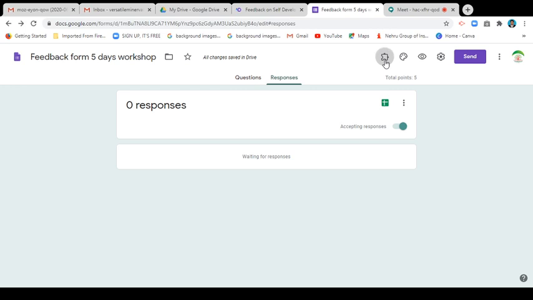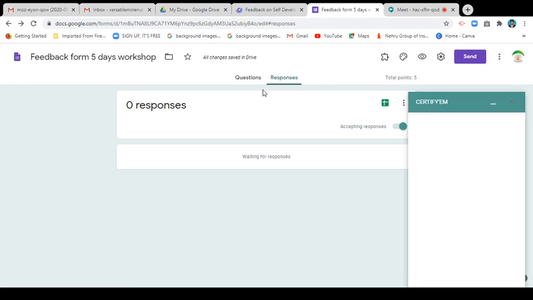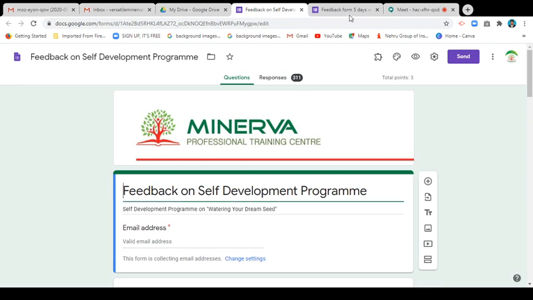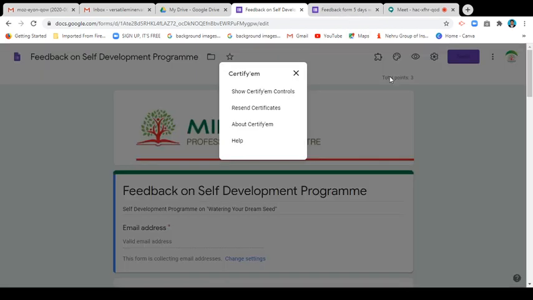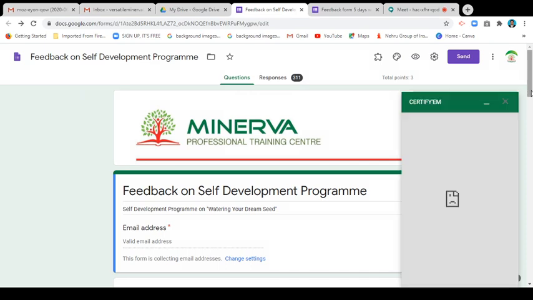You can turn on accept responses and then we can check it once again with our newly developed Certify'em. Yeah, same problem we face. I don't know what happened. Okay, now we check this. Already this feedback form is generated and it also delivers the certificate. Now let me check that. Oh my god, the same issue arises.